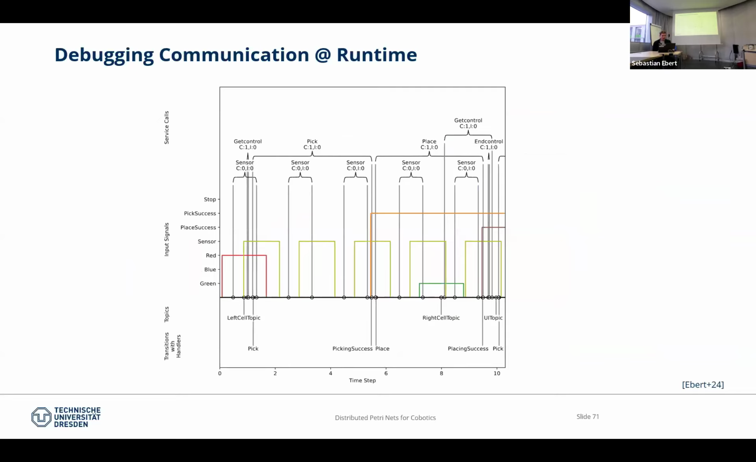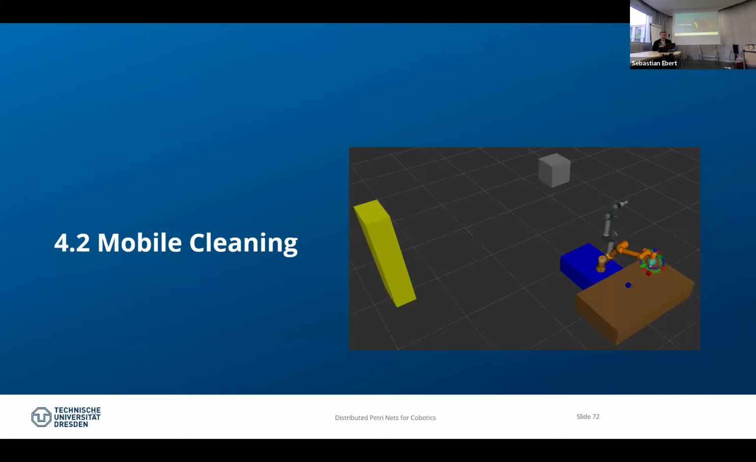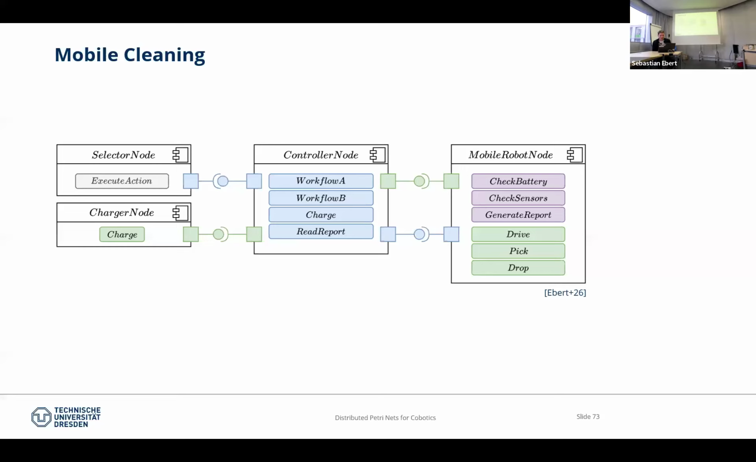Sorry for that. For the mobile clinic example, we are currently working on implementing the runtime debugging, but the application essentially looks like this on the top level. So we have a controller node running our workflows for picking, placing again, charging, and reading reports. Reading reports means, as you can see on the right side, getting reports from the robot about the battery status, the sensor status, and